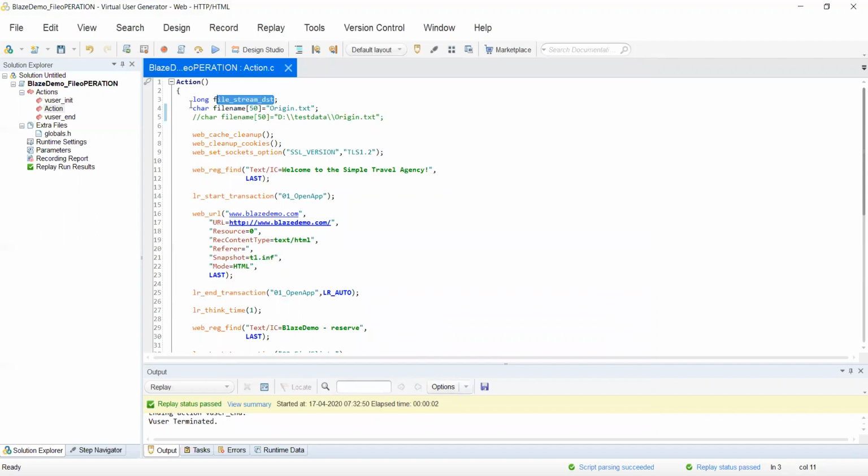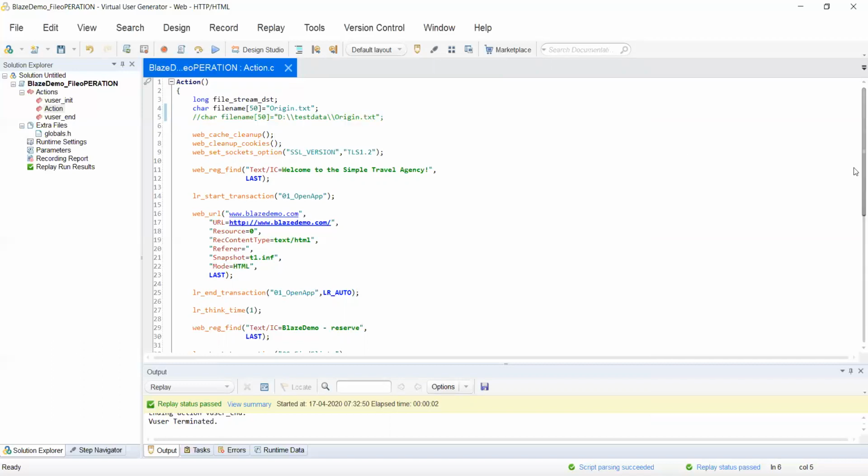Then second, we are going to save the file somewhere. If we give only origin.txt, it will save whatever file operation we do inside it. If you do origin.txt, the file will be written inside the script. But if you want to save it in a specific folder, just create one folder on a particular drive and give your txt file path. So those are the two ways you can do it.